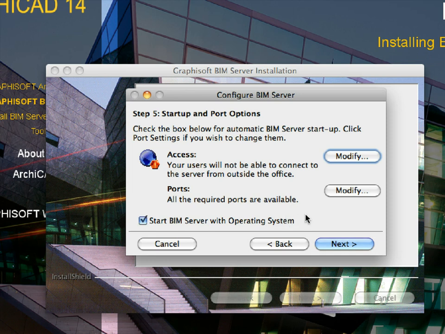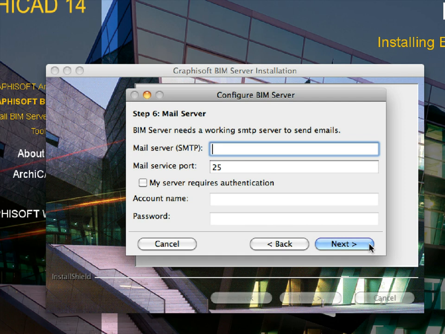Make sure to check the Start BIM Server with Operating System checkbox to start the BIM server as the operating system starts. We will need the BIM server to run continuously as we complete the chapters of this interactive training guide. Click Next to proceed. The next step is to set up the mail server used for internal and external communication